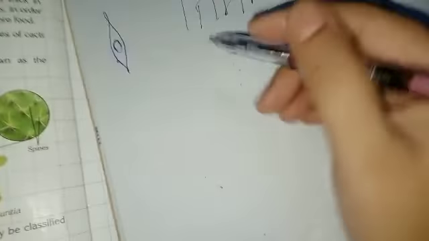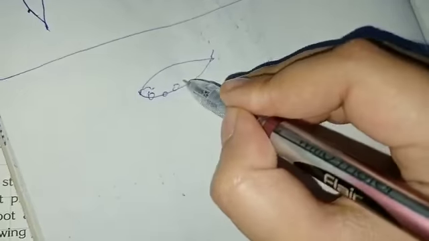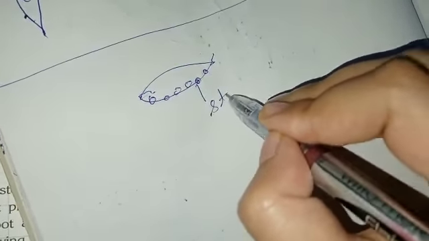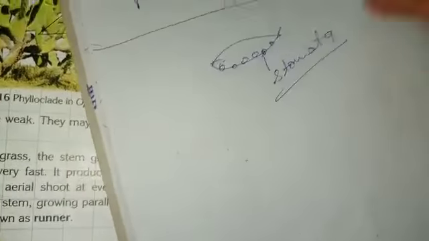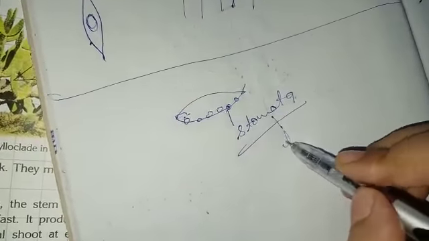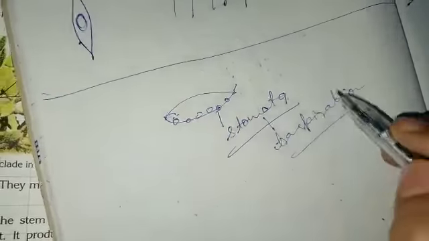And I told you that on the lower surface of this lamina, on the lower surface of this leaf, there are pores found, and these pores are called stomata, right? These pores are called stomata. And what happens through these stomata? Exchange of gases and transpiration occurs. Transpiration means water is removed from these pores in the form of water vapor, right?